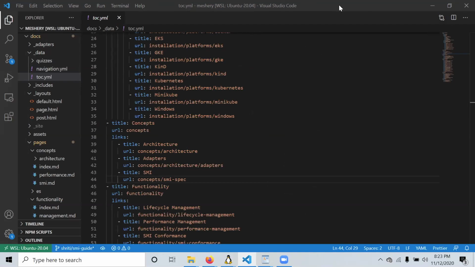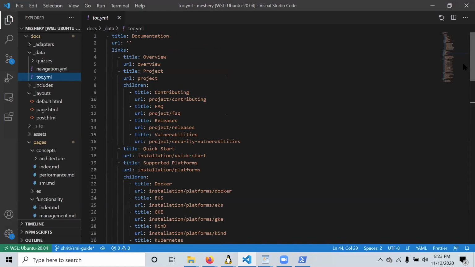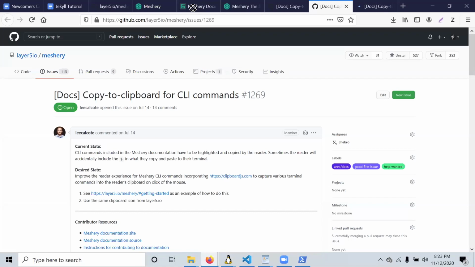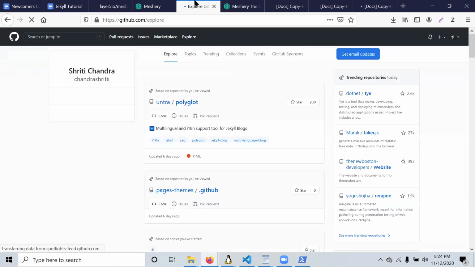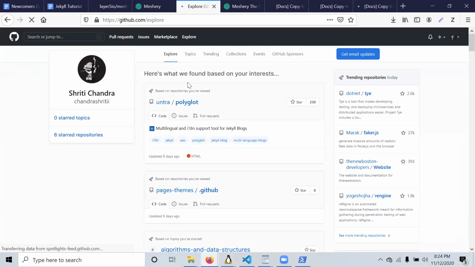The YAML file serves as an index for the entire site. It actually lists out every single page that you want to show. I'll explain it with reference to the Mestre doc site. Every single page that you see listed in the sidebar index will be included in the TOC YAML.